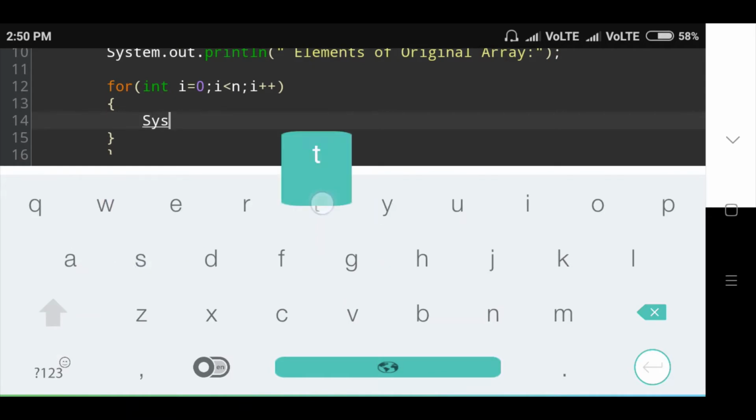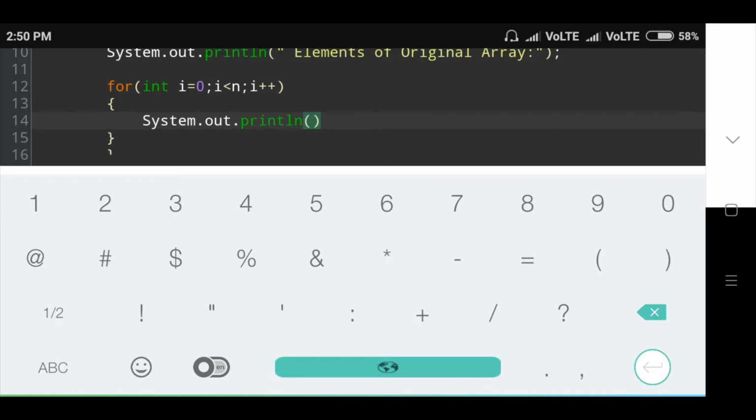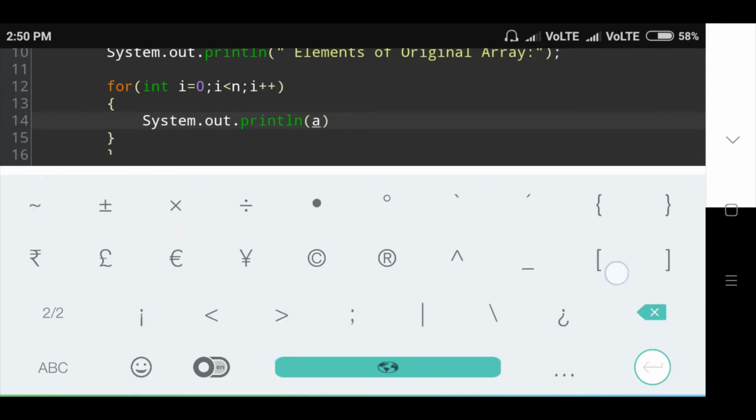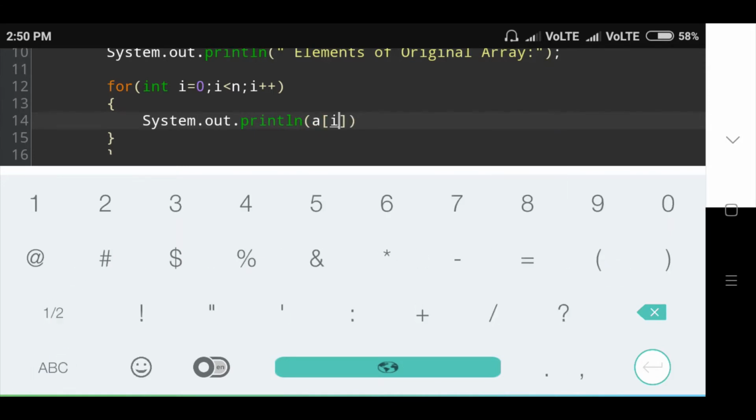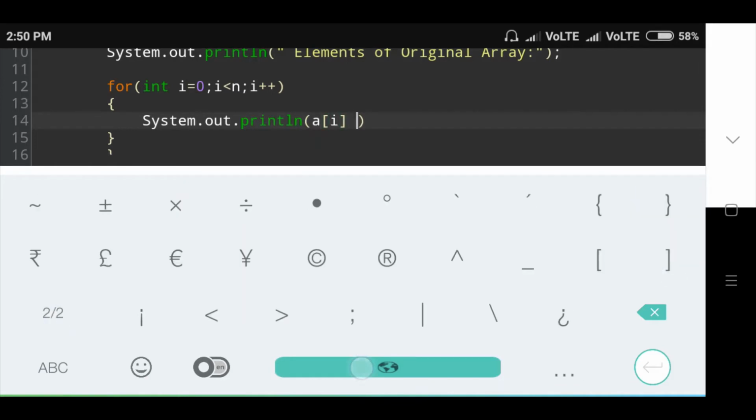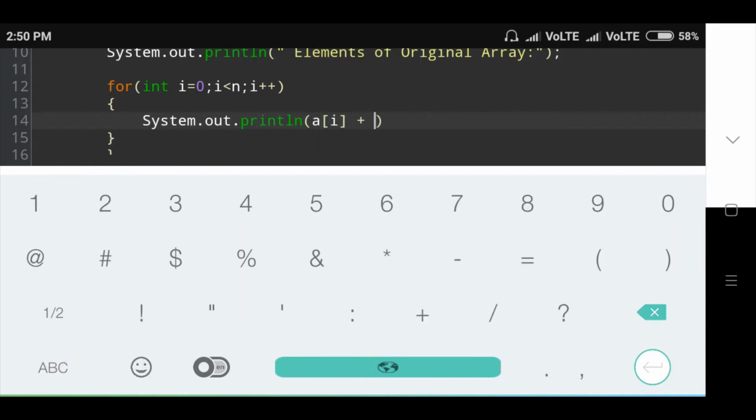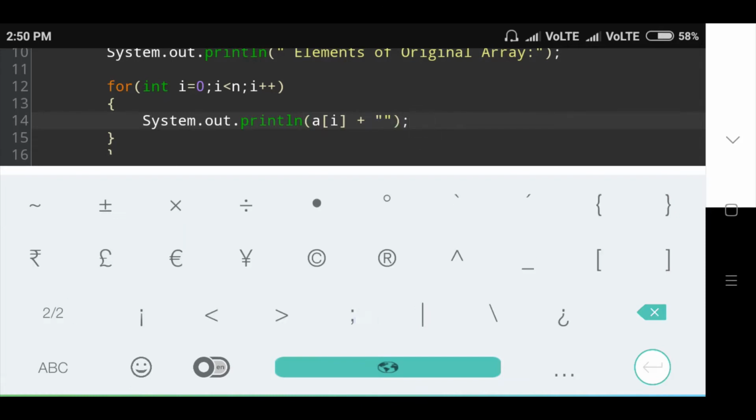System.out.println. In that, a of i. Here the i value is printed, then a space, then semicolon. Okay.